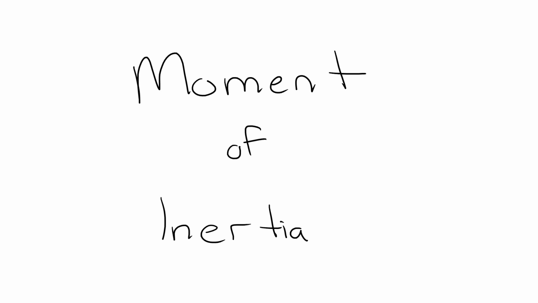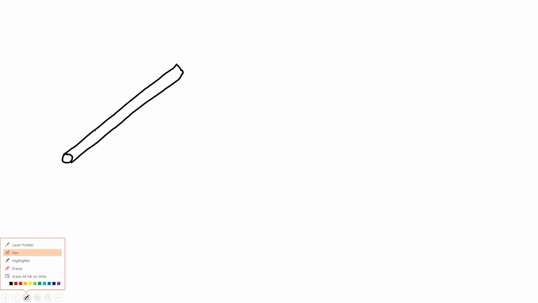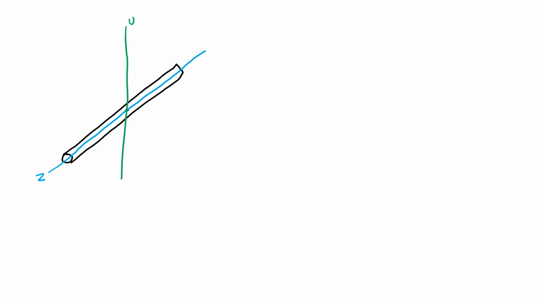To get something moving, the inertial forces have to be overcome. So the moment of inertia describes how easily it is to overcome the inertial forces based off of the distribution of the mass. So let's look at an example of rotating a long, slender rod. We're going to rotate it around its center point. So we need to draw a z-axis, a y-axis,